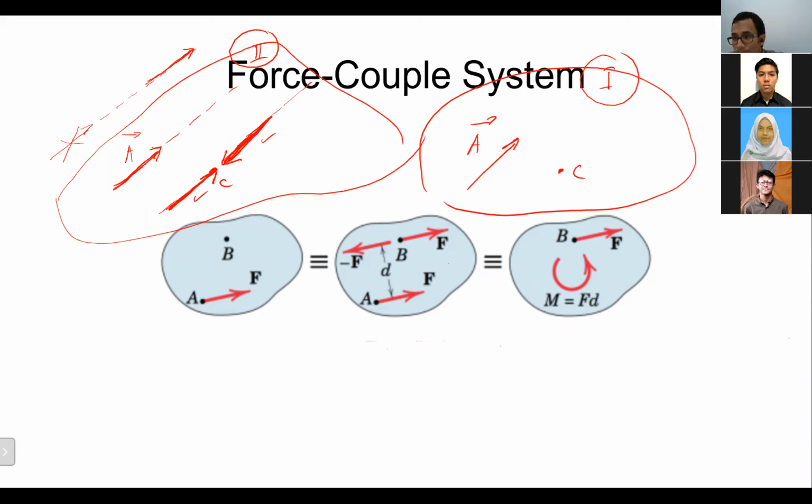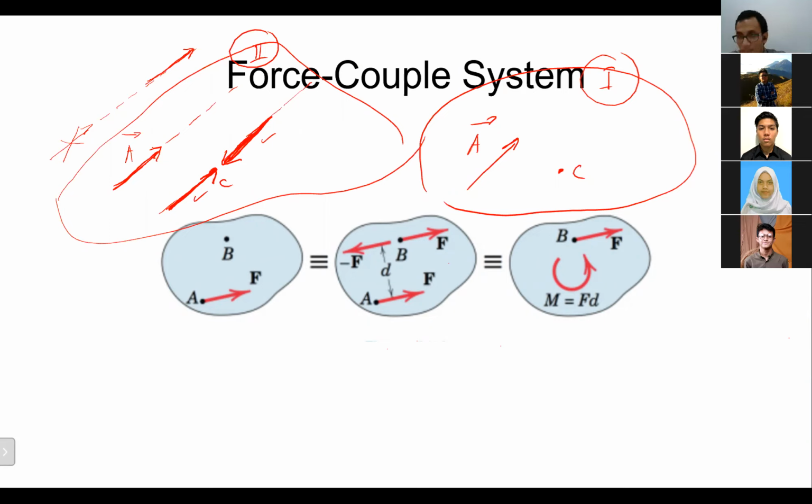Correct or not? Because they cancel out, yes, sir. Yes, correct, because they cancel out each other. Who said that? Me, sir, Ananda. Okay, yes. Because they cancel out each other, the resultant of these two forces